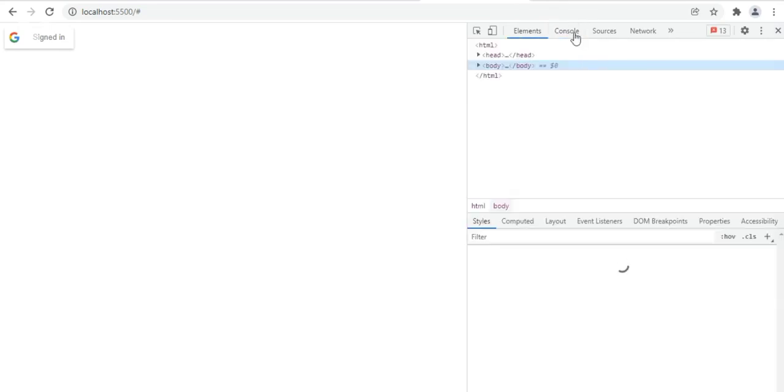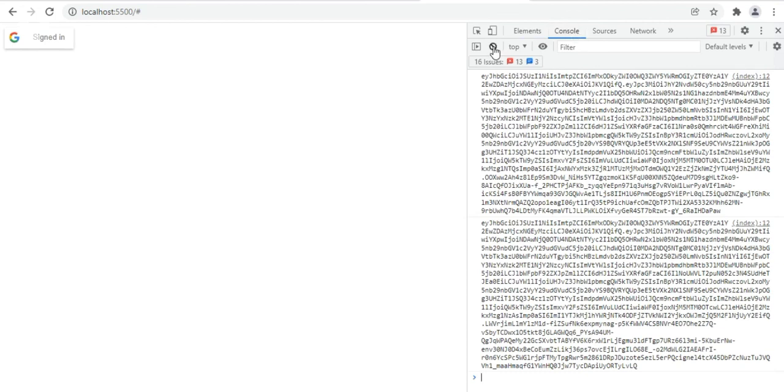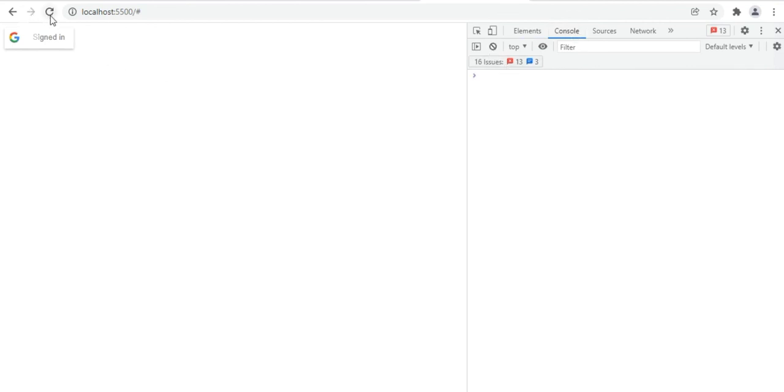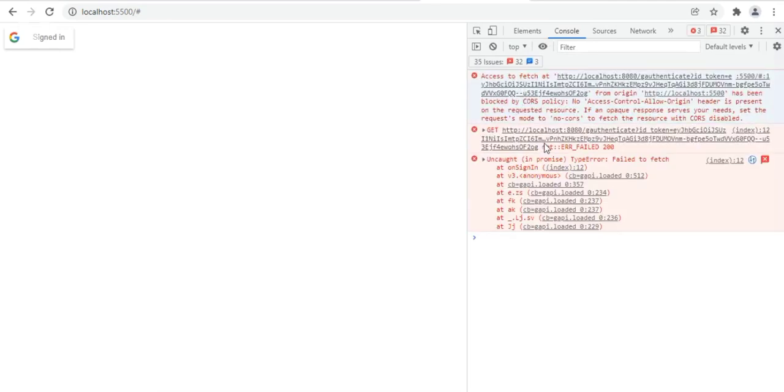Let me inspect. Let us go to console. I think I have to refresh it. Okay, I think we are getting failed to fetch because of Access-Control-Allow-Origin.